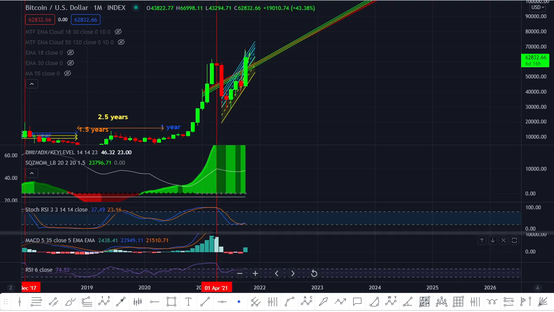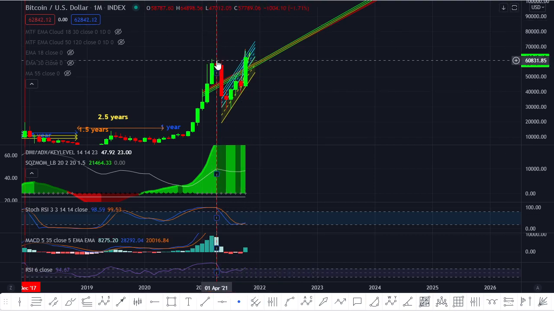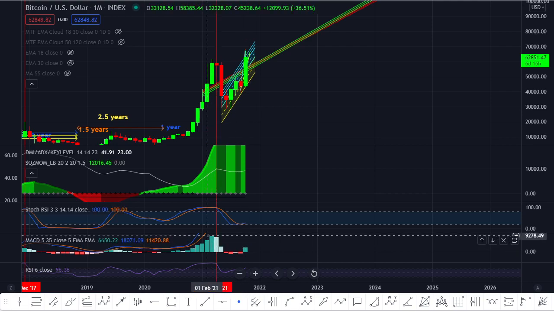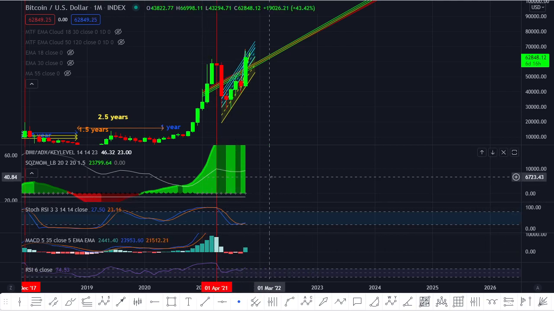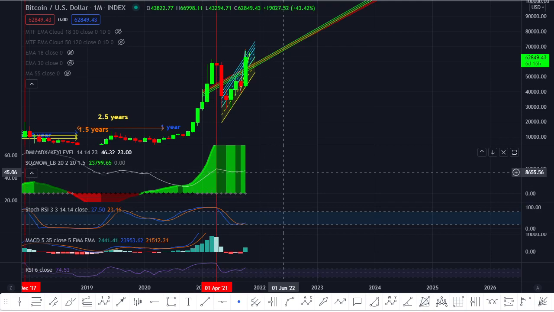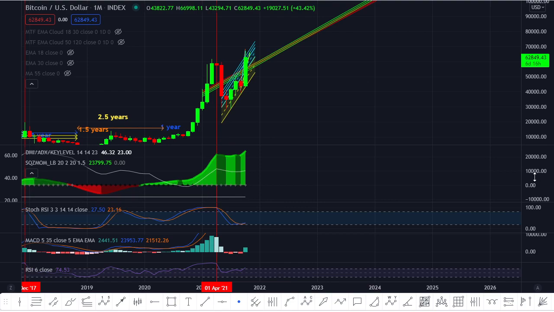As you can see, this is your monthly MACD right here, and even though you are right now above that 64.9 region, which was our previous all-time high, your MACD histogram is only at around 1,900, where before it was around 9,000. So there's a huge bearish divergence on the monthly time frame. This is something not to disregard easily. This is something to pay attention to very, very carefully, because most likely this will be the last leg up